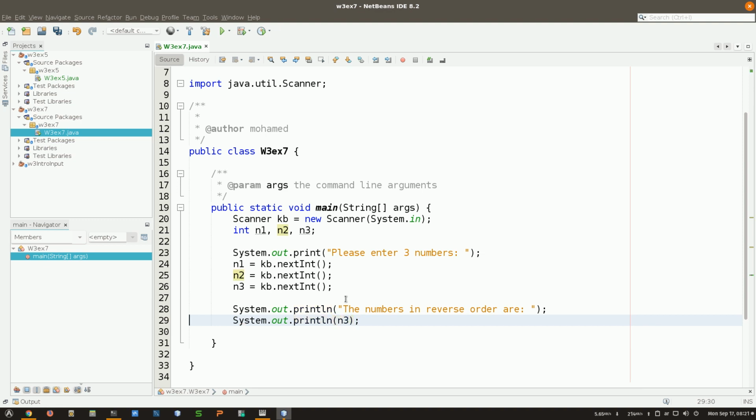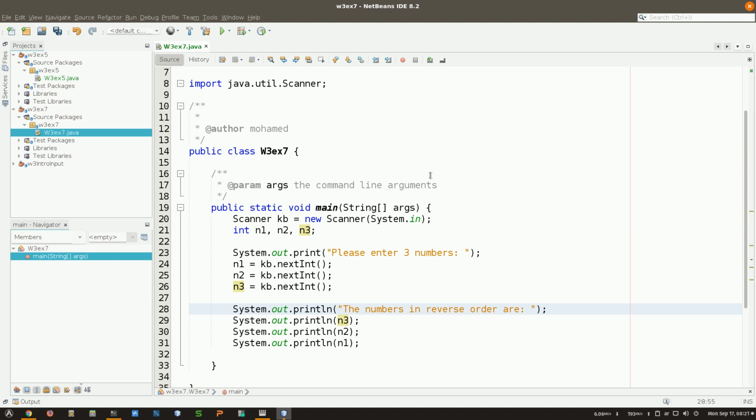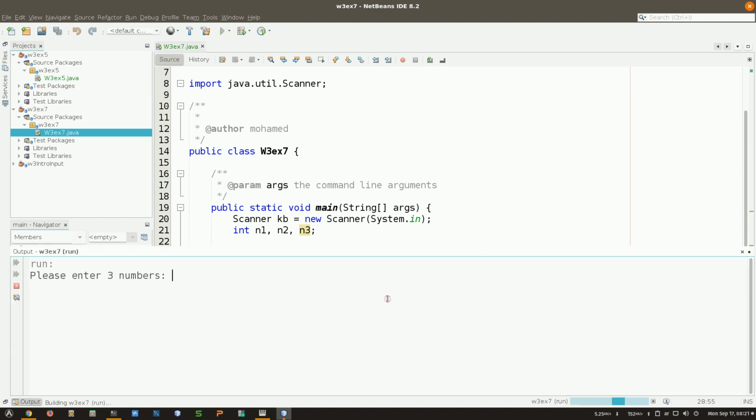I said n3, n2, n1. And this is going to print them in the reverse order. Kind of easy, but maybe that was not what you were expecting. Let's just see. If I put 1, 2, 3,